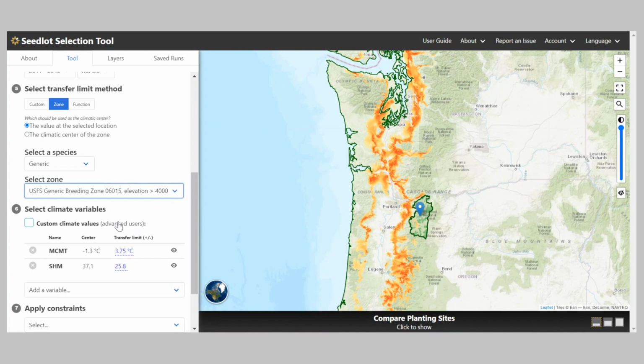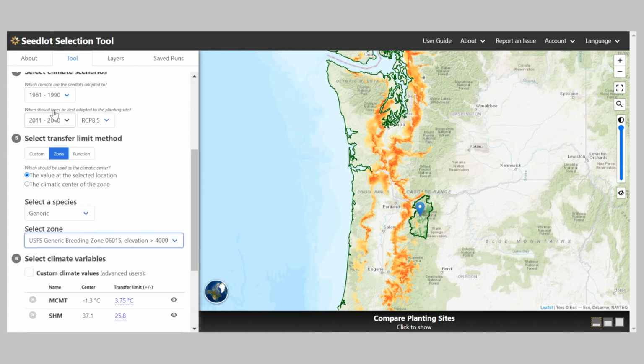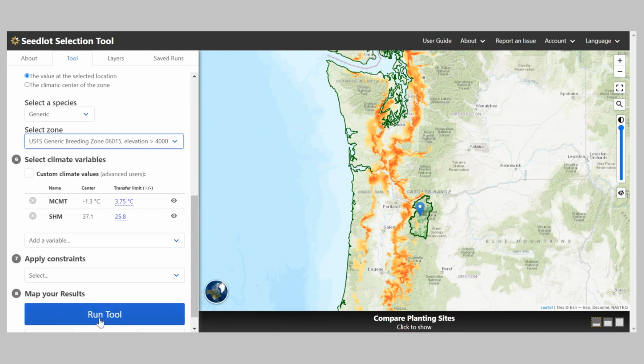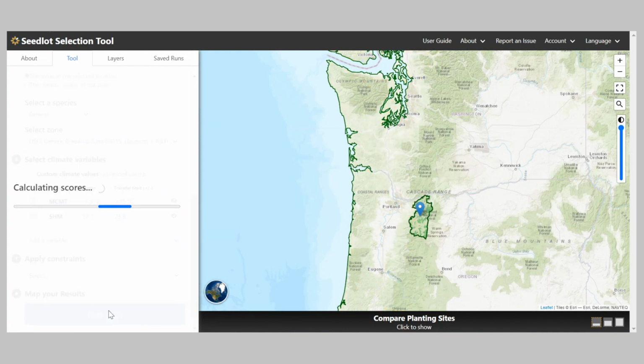Now we can see that the climate variables have changed again because I'm looking at the climate from where the seed came from. That is the climate from the 1961 to 1990 time period. That's the climate that this seed is adapted to. Now I'm going to leave everything else the same and click the Run tool again.